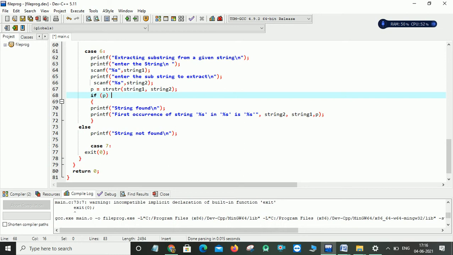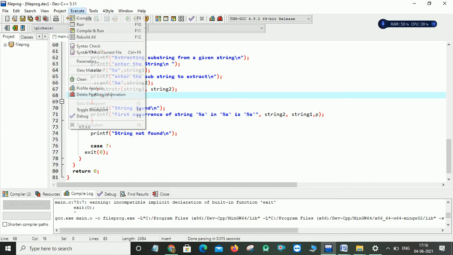There we have to pass string 2 and string 1, because we need to find this substring in this string, and the remaining part of the string is this one. In the else case, if the string is not found, you simply print string is not found. And for case 7, I want to exit from my loop, because it repeatedly gives you a menu to choose your choice. So I'll try to execute this program for all the cases.